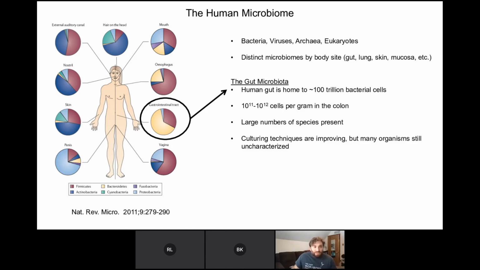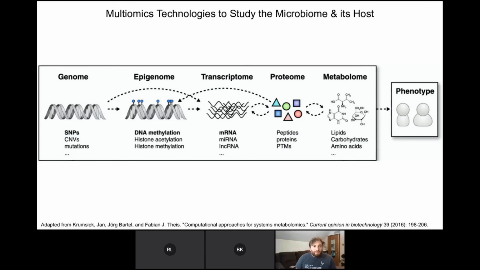As we move longitudinally through the GI tract from stomach to rectum, we increase in microbial density, reaching a maximal density of about 10^11 to 10^12 cells per gram of luminal material in the colon. Although there are a large number of species present and our culturing techniques are rapidly improving, many of these organisms are still uncharacterized in defined pure culture systems where they've been able to be cultured in the lab. So for that reason, we generally employ multi-omics technologies to study both the microbiome and its